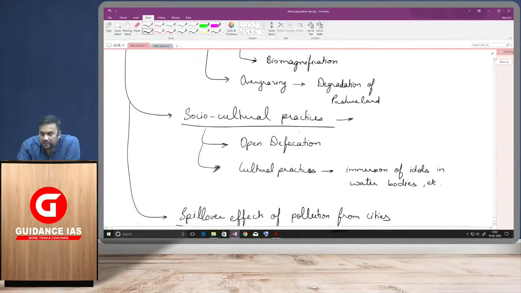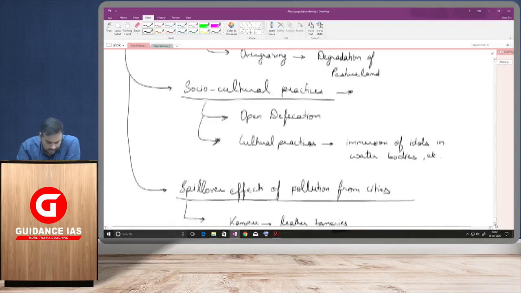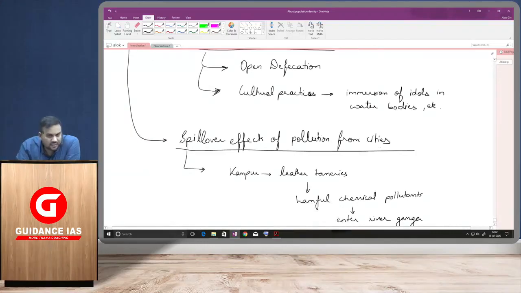Socio-cultural practices, lots of campaigns, awareness, education of the people, that is going to change these practices. Spillover effects from the cities, again we'll have to bring the city technology to be more environment friendly. Okay? That is the solutions which are